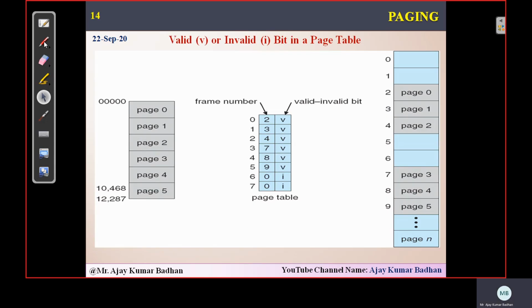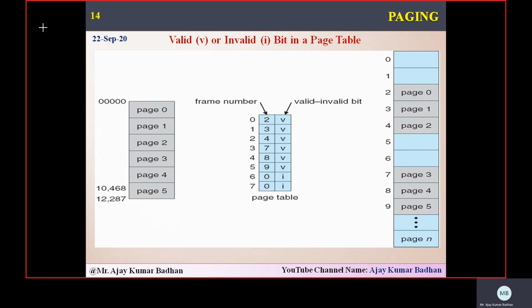Here it is. You can see here, this is a logical address, and this logical address consists of pages. With respect to the pages, we have a frame number. If you look here, how many pages do we have? 5 pages. So definitely the 6th and 7th pages will not have any frame numbers, because the 6th and 7th don't exist. If 6 and 7 existed, then some particular frame might be allocated, like 10 or 0, 1, something. Some frame number would be allocated, but since we have only 5 pages here, it is represented only till 5.